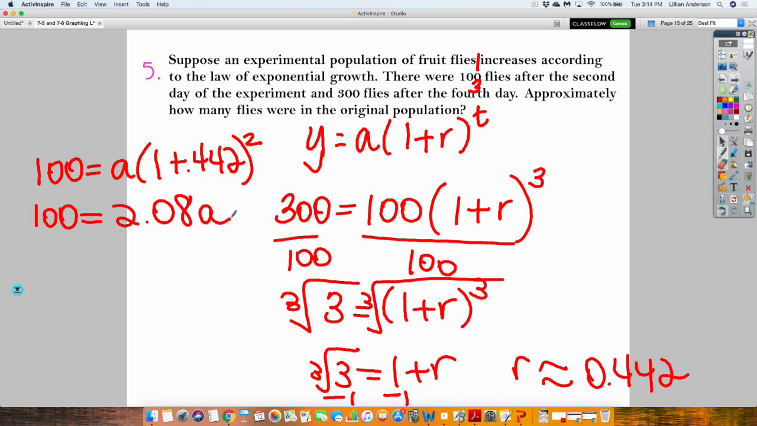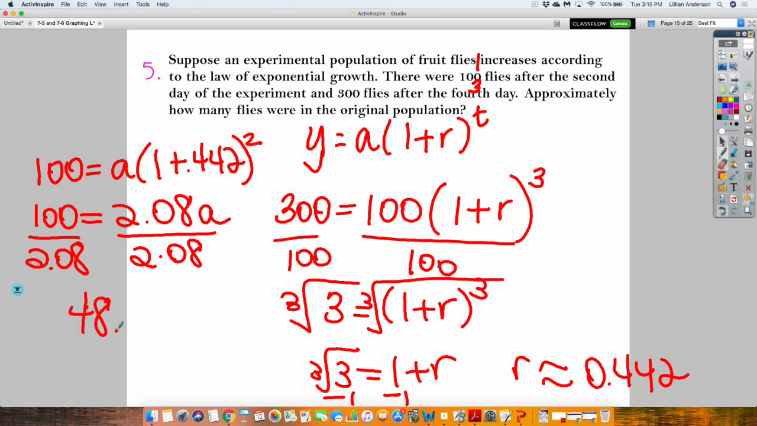Because we can either use 100 flies on the second day or 300 flies on the fourth day to help us figure out our initial amount. So either one we could have used. Basically, after we figure out our rate, all that temporary stuff is done with. We go back to the original numbers. How do I solve for A? And so 100 divided by 2.08 is